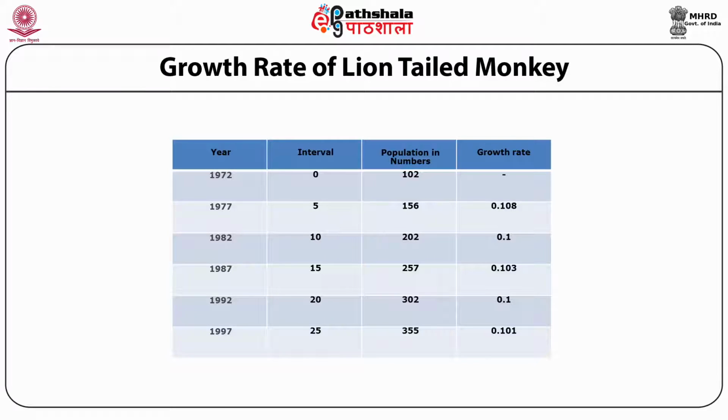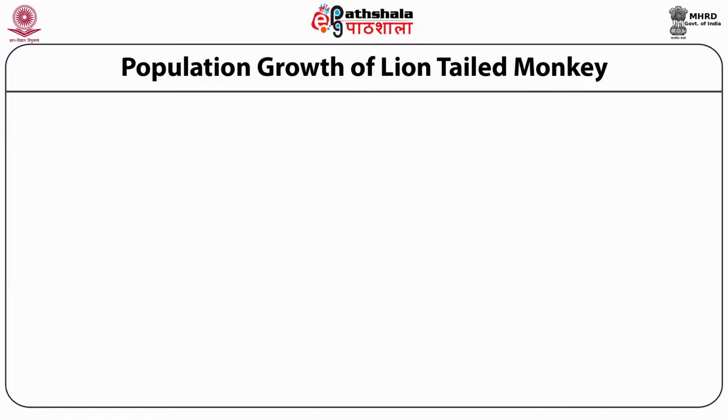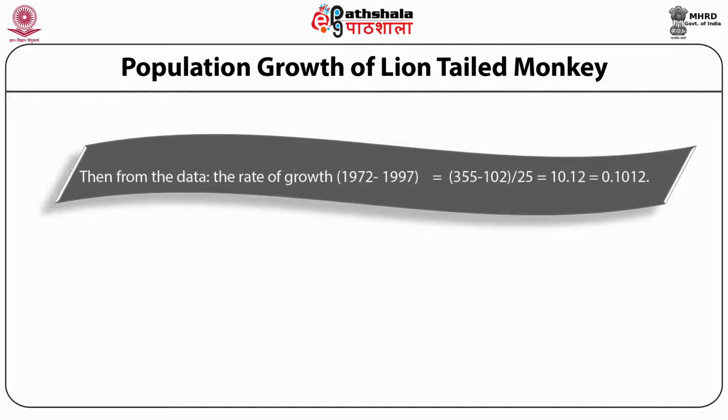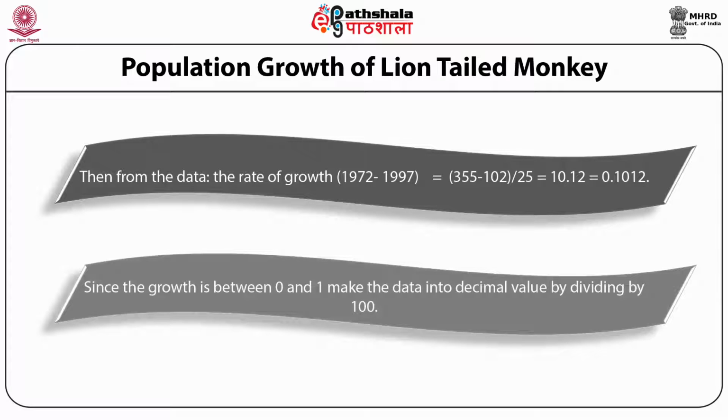The growth rate, if calculated, ranges between 0.108 to 0.1. Thus, as is clear from this previous table, the growth rate from 1972 to 1975 for the entire population is 10.2, and if we want to convert it into a decimal value, it can be divided by 100 and it will reach